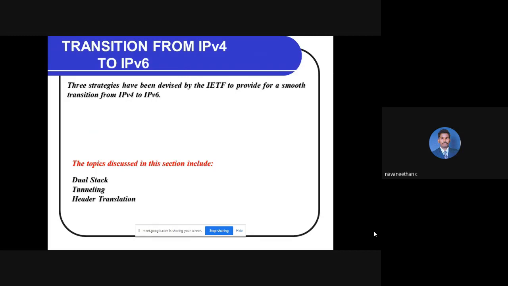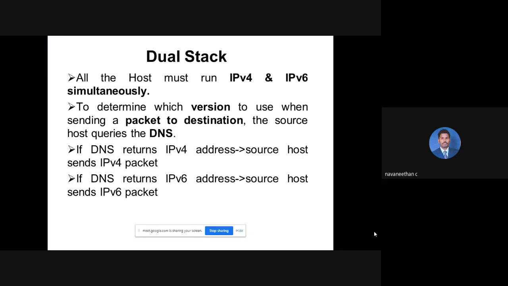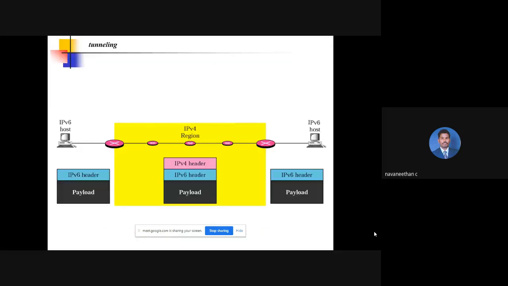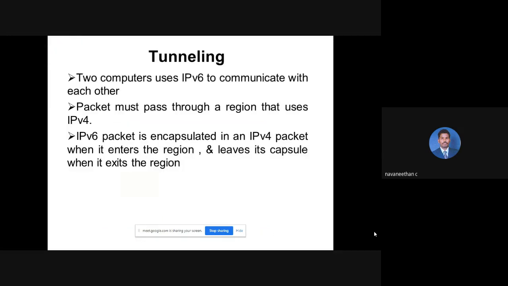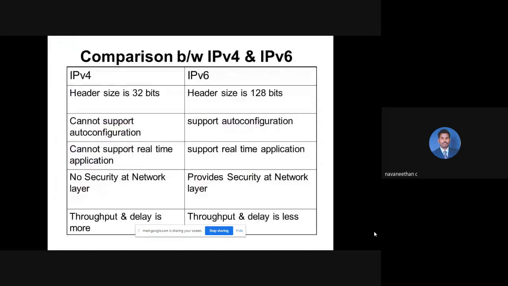Already you might have known why there is a transition from IPv4 to IPv6, and it depends upon three factors: dual stack, tunneling, as well as header translation. Depending upon the DNS, we prefer dual stack tunneling. I have given a very good example between transport mode and tunnel mode for the header translation. I'm skipping this because you have already studied it, but this is a very important comparison between IPv4 and IPv6.